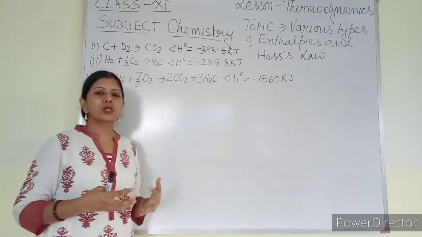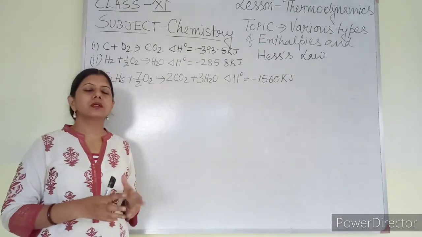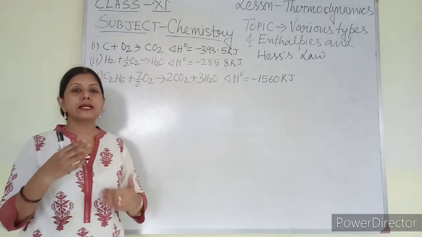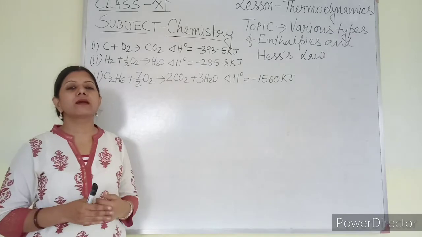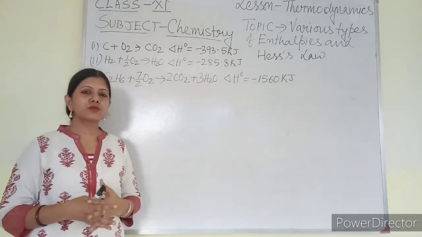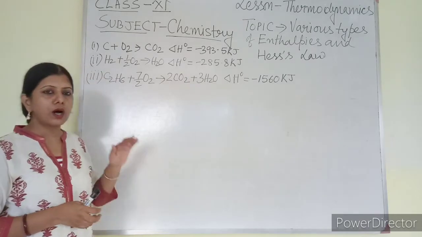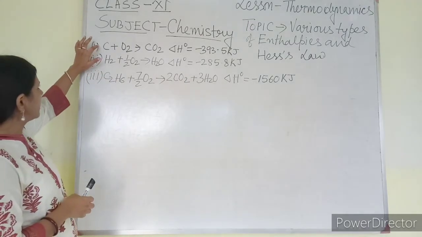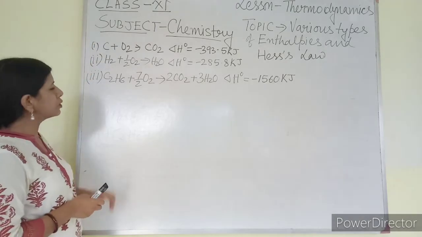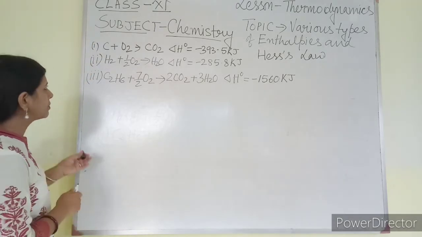Okay. Actually in this kind of sum, the more you practice, it will get inside your mind. Some trial and error method has to be done, and then practice will make you perfect. So how to calculate? I am multiplying 2 with equation 1. If I multiply 2 with equation 1, what am I going to get?